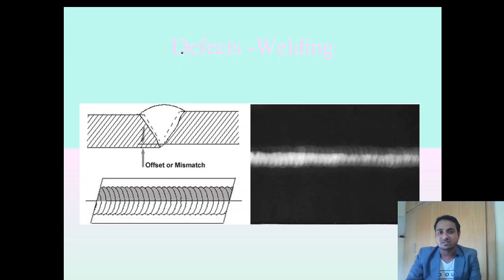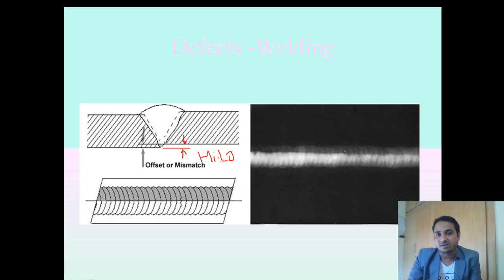If there is mismatch, what is happening is the faces are not aligned. It means one face is at the top and one face is at the bottom, then there is a certain gap between the elevation of these two faces, and this we sometimes call high low, and we check this during the fit up also.